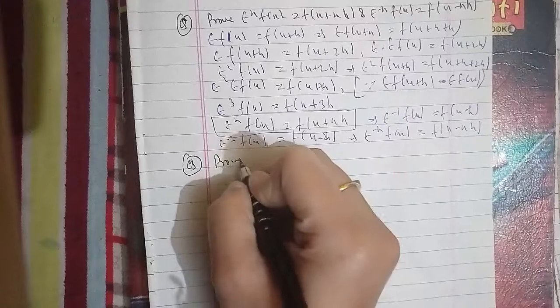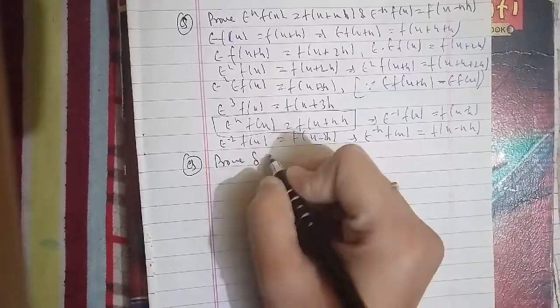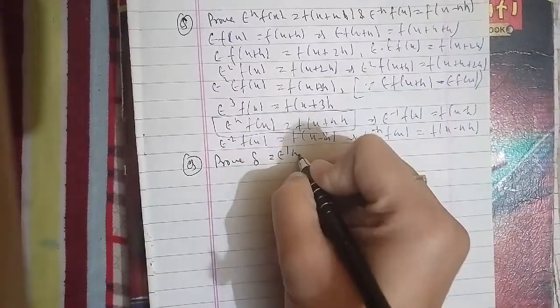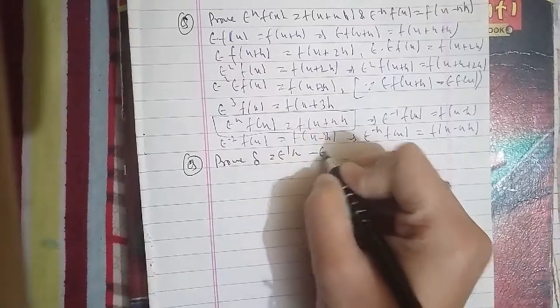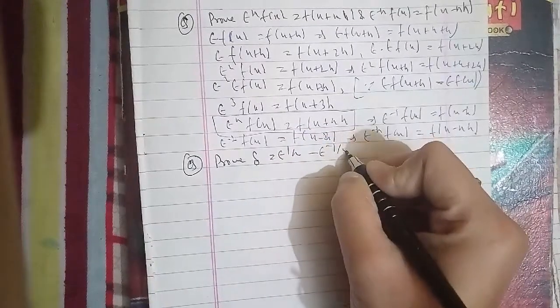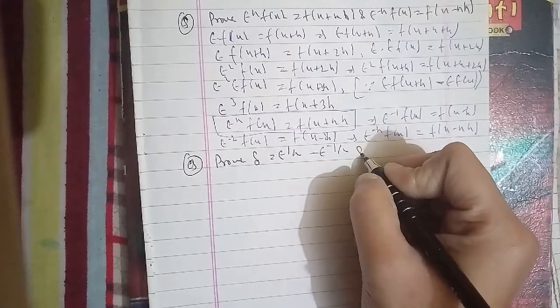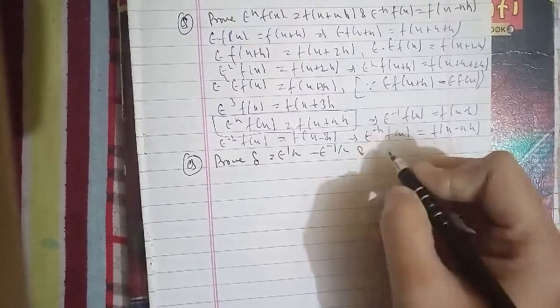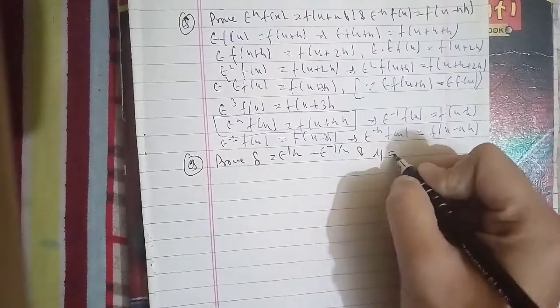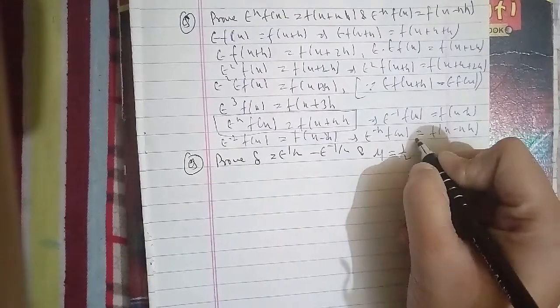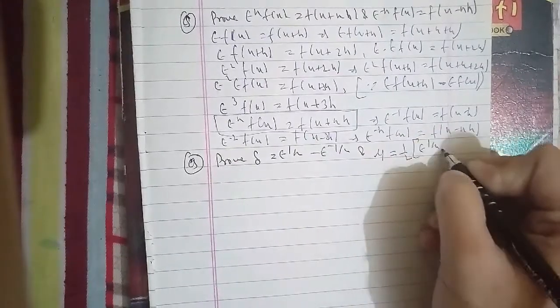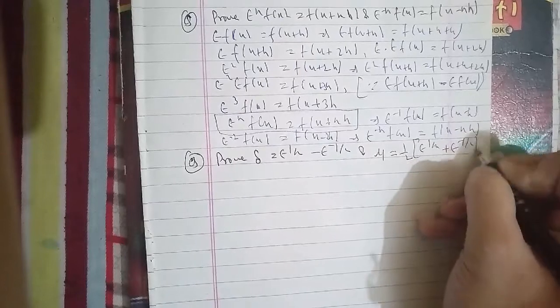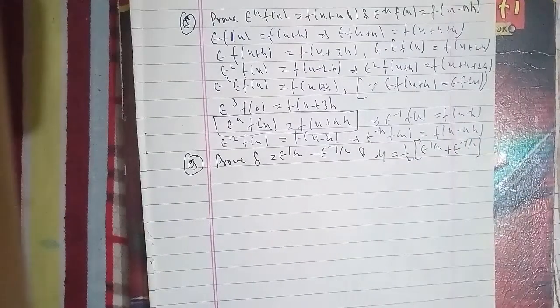Prove δ = E^(1/2) − E^(−1/2), and μ = ½(E^(1/2) + E^(−1/2)). So from the equation here,